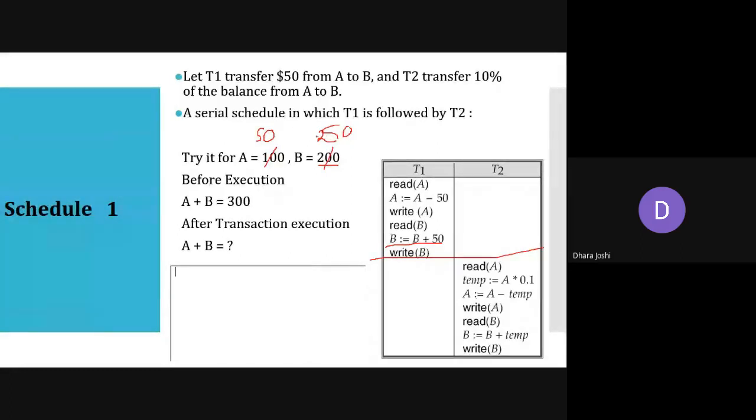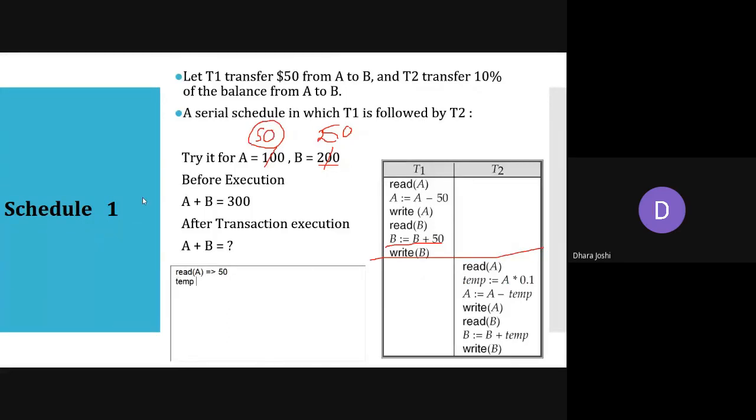T2 will read A. In the database, what is the value of A? It is 50, so T2 reads A and the value is 50. The next statement is temp equals A multiplied by 0.1.